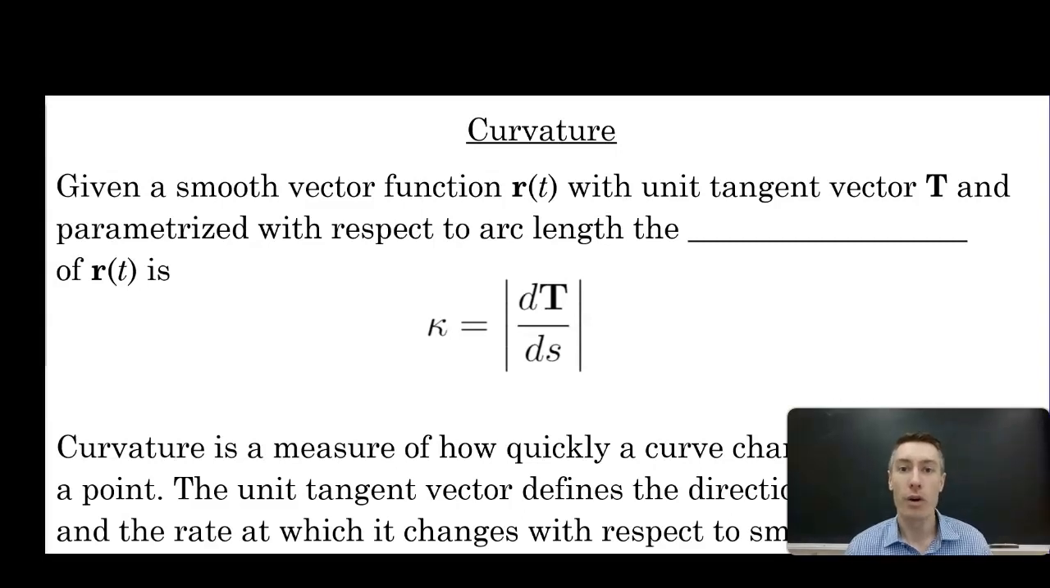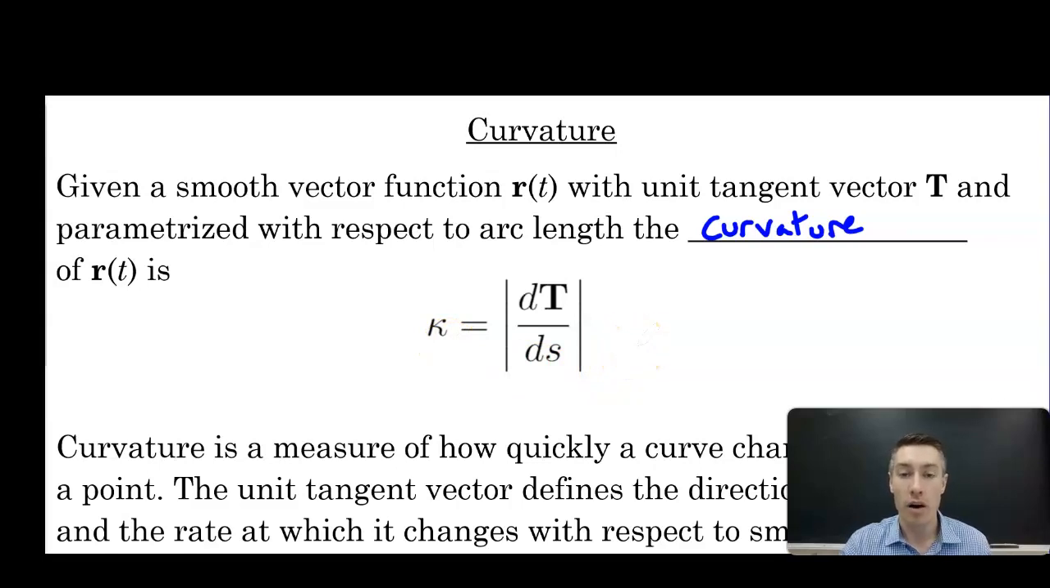In this video, we are going to learn how to find the curvature of a vector function. Essentially, we're going to be able to calculate how curved the graph of a vector function is at a point. So, given a smooth vector function r of t with unit tangent vector, capital T, and parameterized with respect to arc length, the curvature of r of t is defined as k, our symbol for curvature, equals